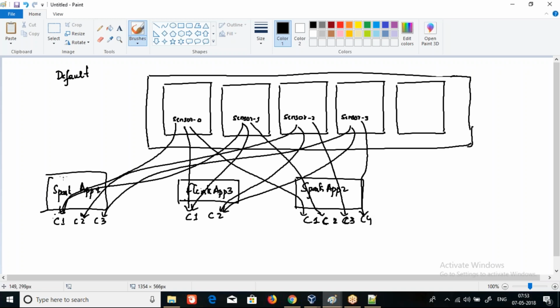Here every application will have a unique ID. That unique ID will be configured through group. So whenever you write a consumer,